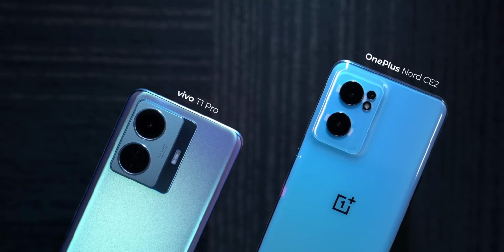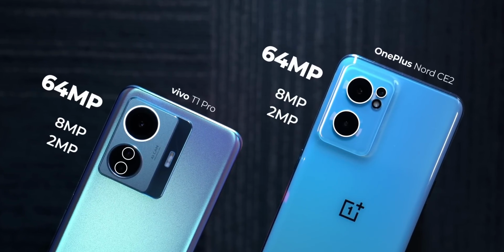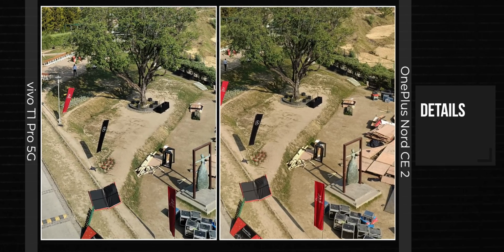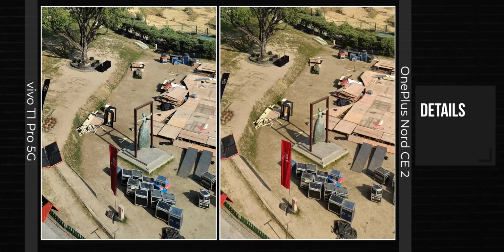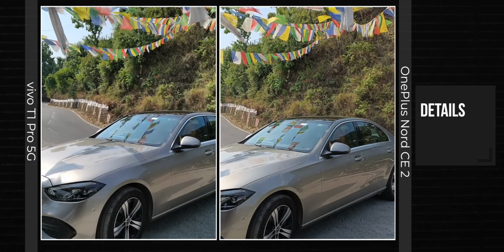Now to test the cameras on these phones, I shot in beautiful Missouri. Let's take a look at the camera samples. Now, starting with the details that the individual 64 megapixel cameras can retrieve. While the center sharpness is equally good on both, the Vivo T1 Pro 5G offers better corner sharpness. And as you can tell from this image of the new Mercedes C200, the Vivo T1 Pro 5G also offers